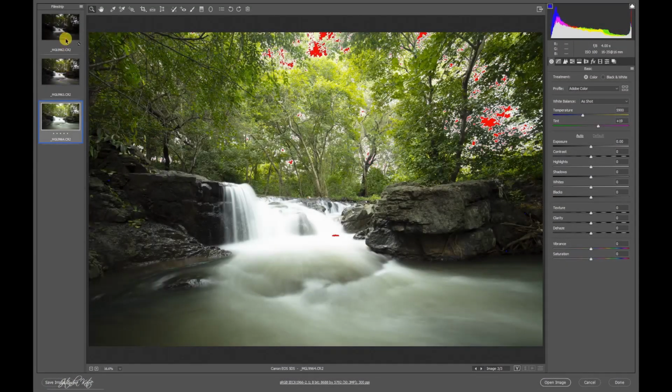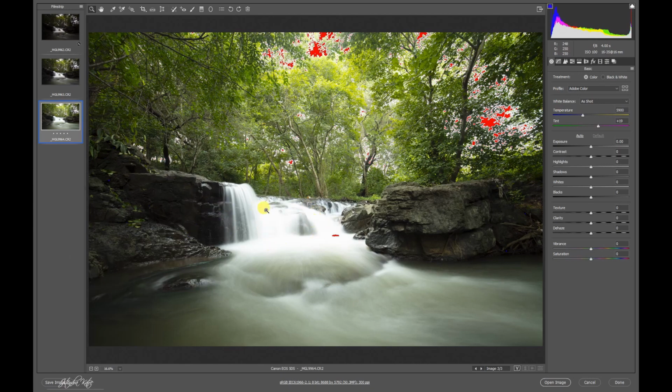Now we have opened these 3 exposures here in Adobe Camera Raw. The first one is grossly underexposed, this last one is grossly overexposed, and this one is a middle exposure. And we are going to combine these 3 images together to form a nice high dynamic range image. Why this has to be done? Because some landscapes, for example this landscape also, contain elements of very high contrast.